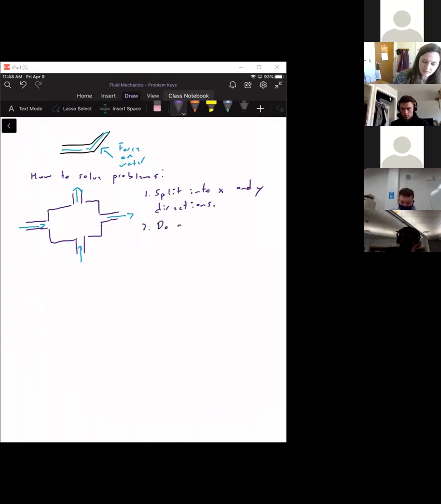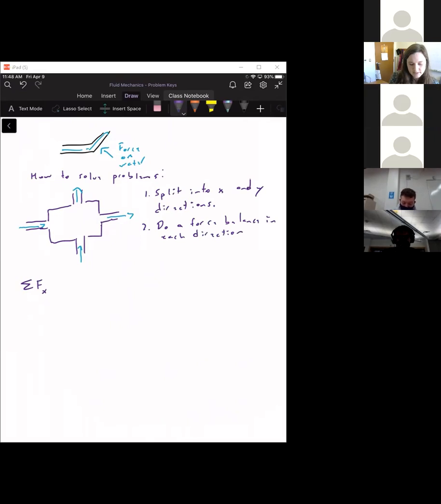Do a force balance in each direction. So in this case, I'll do the X direction. So the sum of all the forces in the X direction is equal to,